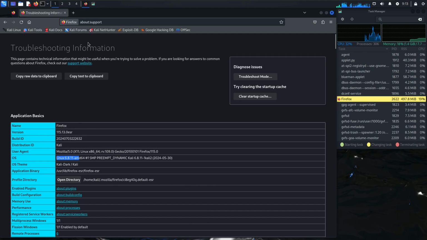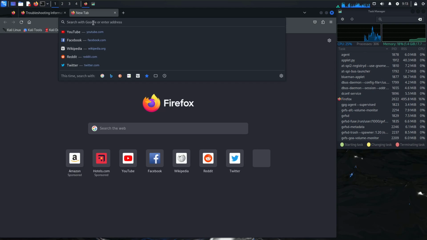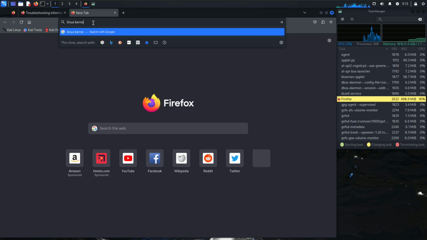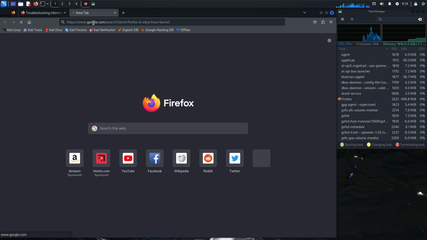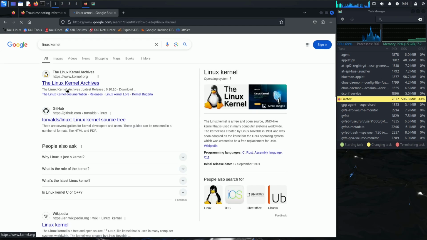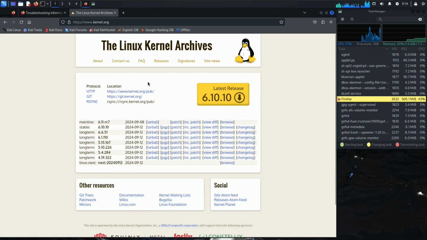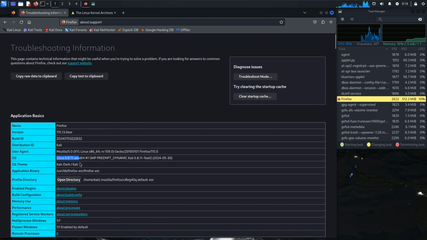About the Linux kernel, let's go to the official website of the Linux kernel. Just type in Linux kernel and you should be getting the official link or the official website right here. So www.kernel.org is the official website. The version we are having right now is 6.8.11 in Kali Linux.